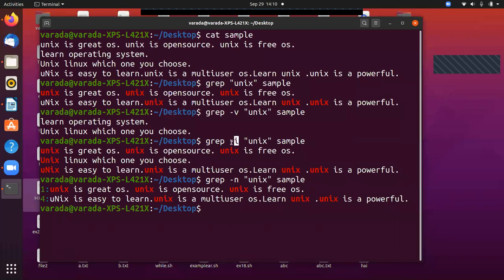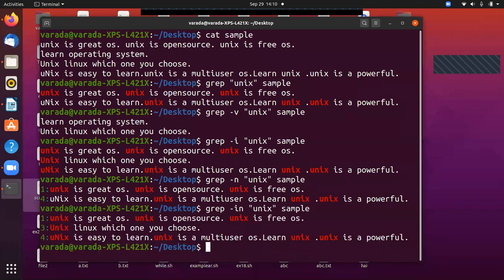We can use a combination of these options. So grep -in Unix sample. Now it's a combination of ignore case along with the line numbers.